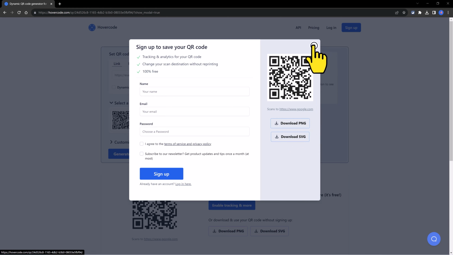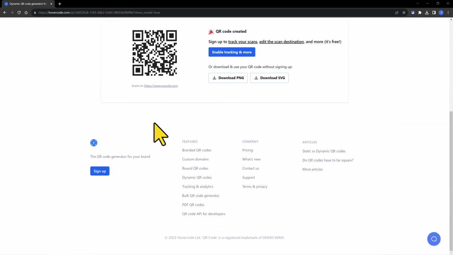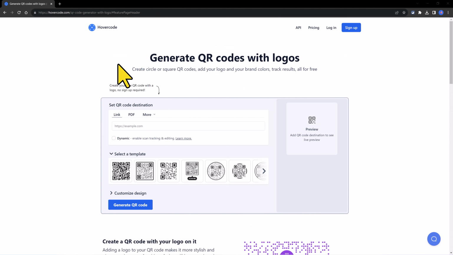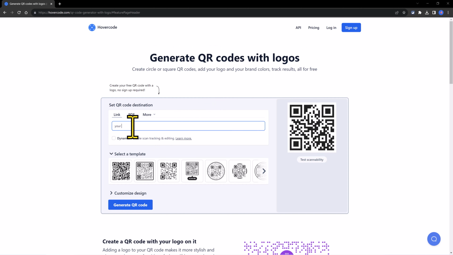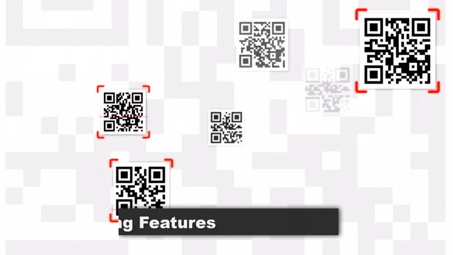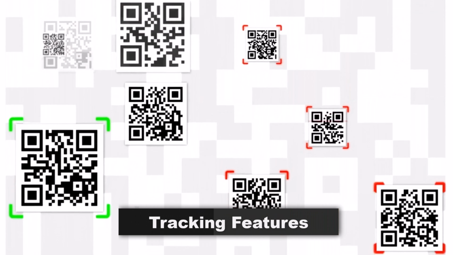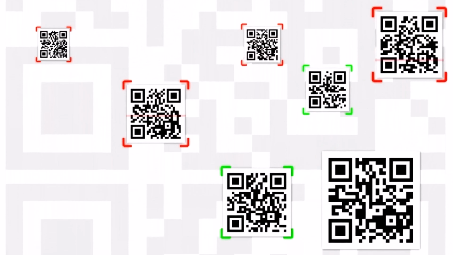Overcode also offers QR code tracking and analytics, helping you to measure the success of your marketing campaigns. One unique feature of Overcode is the ability to use your own redirect link so people see your domain instead of theirs. As to the tracking features of both Overcode and Stack, Overcode allows you to create trackable QR codes,